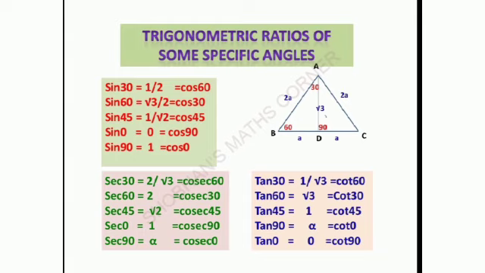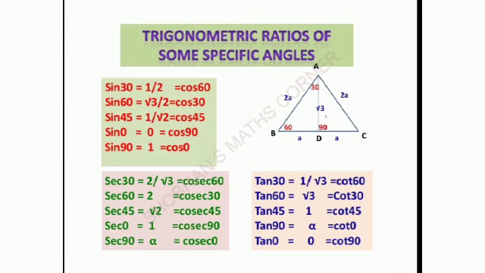Whatever the size of the triangle, sin 30 is equal to 1 by 2 and cos 60 is equal to 1 by 2. Whatever the lengths of the sides in a right triangle, the ratio remains same. Now similarly, if you take sin 60, it becomes root 3 by 2, opposite by hypotenuse, and cos 30 also root 3 by 2. Sin 60 is equal to cos 30 is equal to root 3 by 2 from this triangle. Not only this triangle, once again I am repeating, whatever the size of the triangle, whatever the sides in a right triangle, sin 60 is equal to root 3 by 2 and sin 30 is 1 by 2.